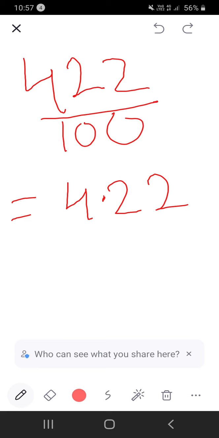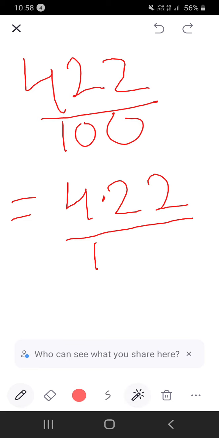Suppose you have to solve question number 2 and you have to change 4.22 into a fraction. Then children, what is the method? Nothing, you have to put a by sign and the decimal. Children, before the decimal, this digit 4 is at the ones place. So by ourselves we will write 1 over here, because when any number is divided by 1, there will be no change. So we can write 4.22 by 1.